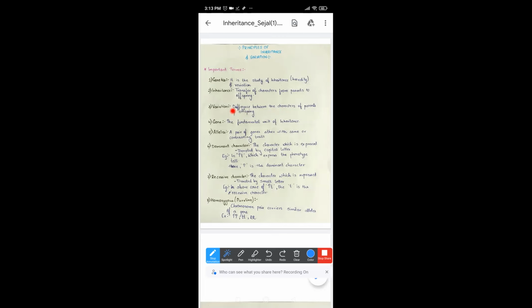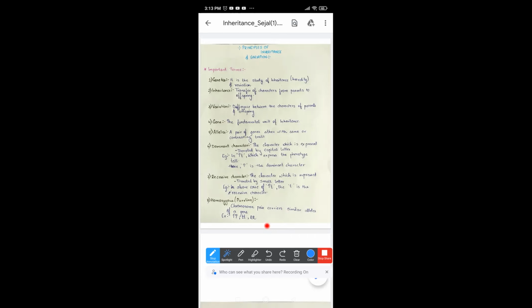Now we may have seen people saying that you look like your mom or you look like your dad. So basically, something is inherited. Some characters are passed on from our parents to us, hence we look similar, but sometimes we may look different. So it is known as variation. That is, during the transmission of characters, certain variations have occurred due to which we do not look like that.